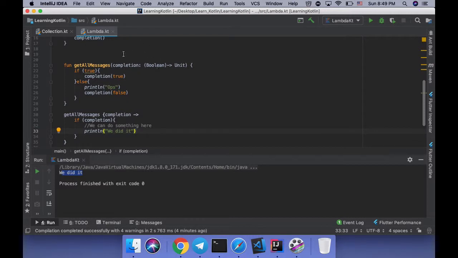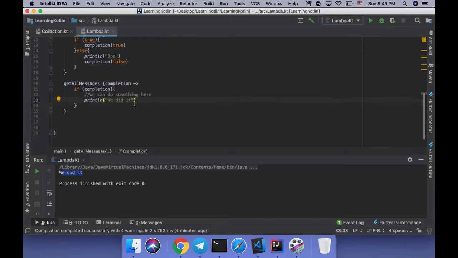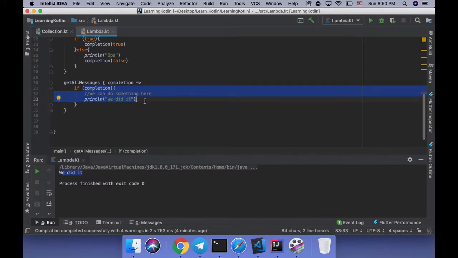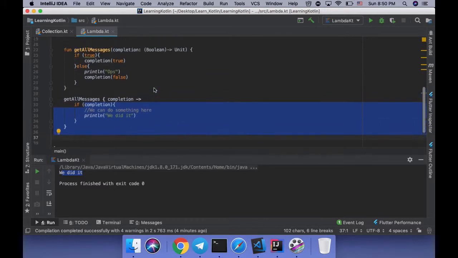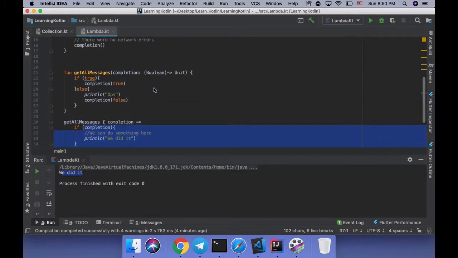But right now the most important thing to understand is that Lambda is the information that you pass into the variable, or pass into the function or whatever, and later on you can access this information. For example, here we access this completion, then whenever this completion is okay, then we will say it's